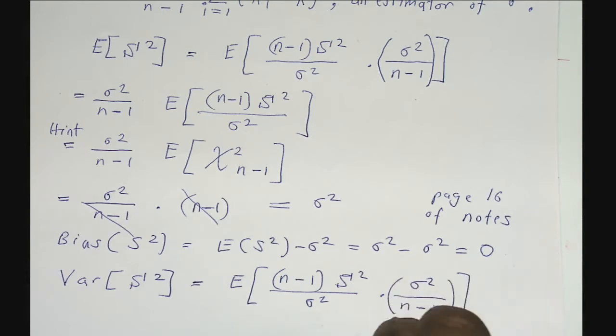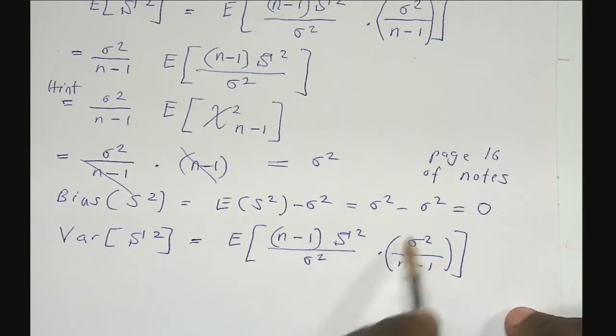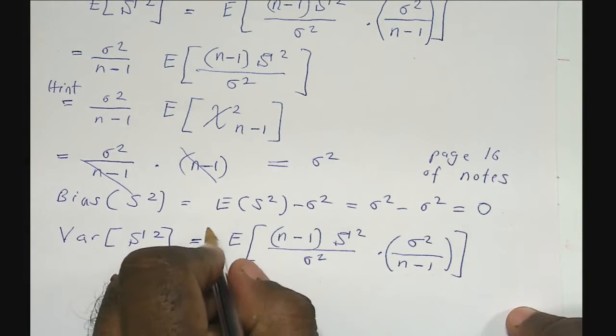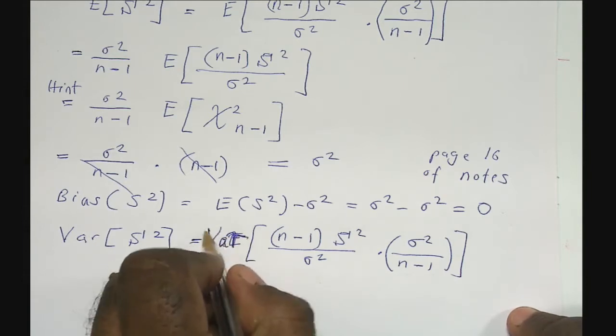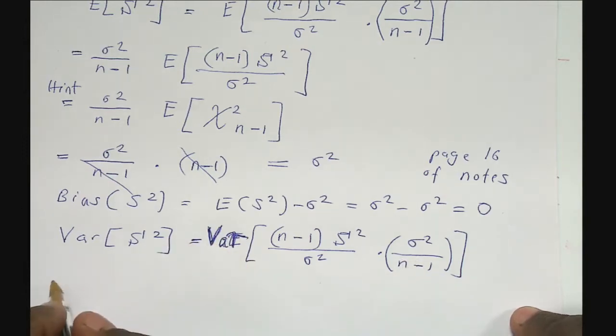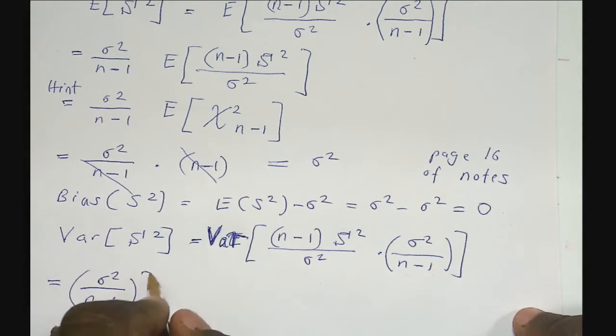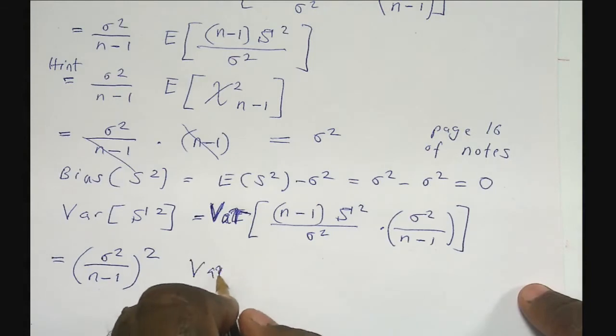You guys understand why I'm doing this? Is because I want to use the hint one more time, right? I have multiplied by n minus 1 and divided by the same thing, divided by sigma squared and multiplied by the same thing. All right, now I'm going to take this constant outside the brackets. Sorry guys, this is variance. Now remember, when you pull something outside the variance, you need to square it. So this becomes the variance